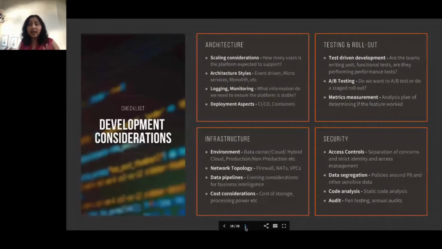The second thing is around A/B tests. There are enterprise solutions like Slack or Microsoft Teams, and if I want to test out a new feature, do I want to do an A/B test? Do I want to do a stage rollout, where I release this feature for 10% of my users and see how it's performing, and then maybe slowly roll it out to 25, 30, 50, and so on. And lastly, what type of metrics I want to measure.